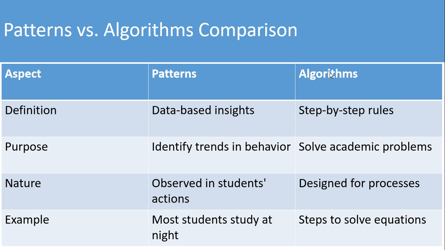Algorithms solve academic problems like MIS, management information systems, maybe a student management system, a stock management system, a student report management system, a staff management system, a security management system, and so on. They deal with academic problems. The nature: patterns are observed in students' actions,